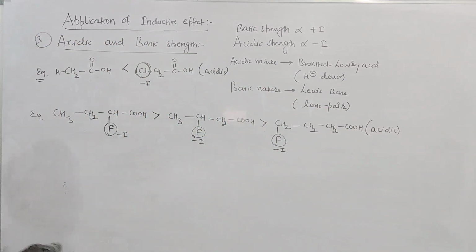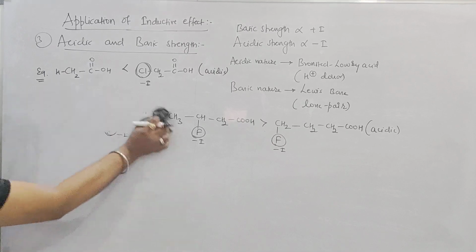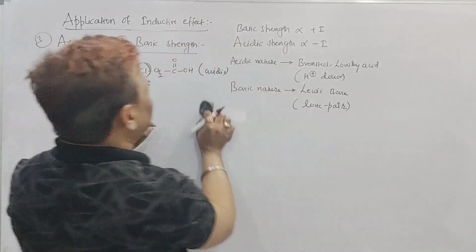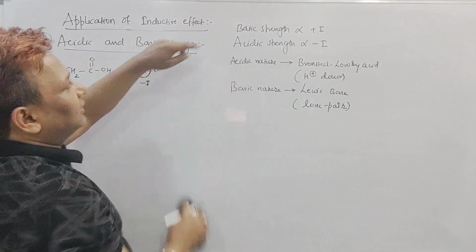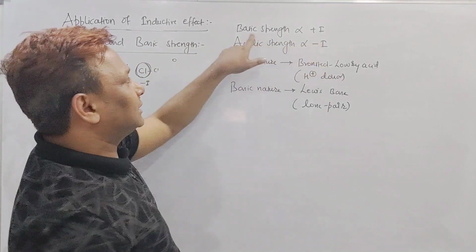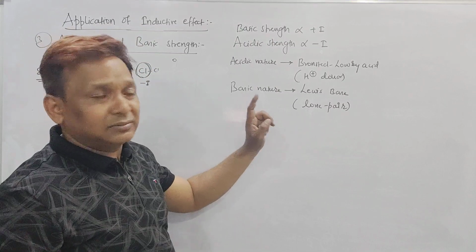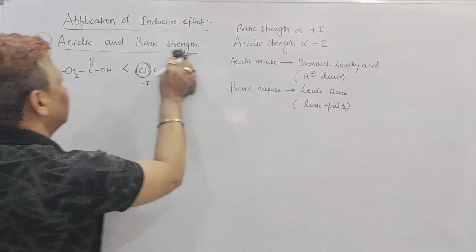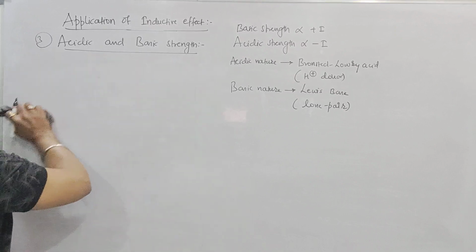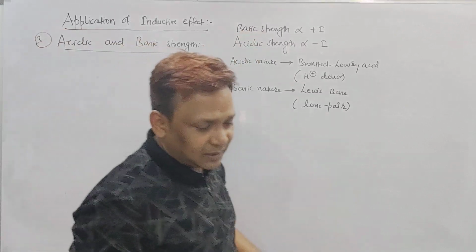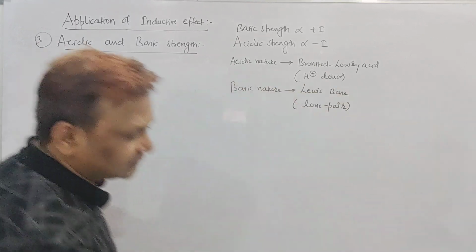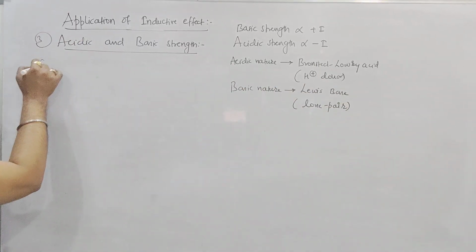Chalo, come to the example of basic strength, beta. In this one I will explain the basic strength. For basic strength, what I told you, just see here. Greater the number of plus I, greater the basic strength, or in terms of the electron lone pair donor, called a Lewis base, called basic strength. But in inductive effect we can't see donors and all, beta. We'll see only the plus I group and minus I group. Chalo, I want to show you, among these alcohols, which is more basic in nature.